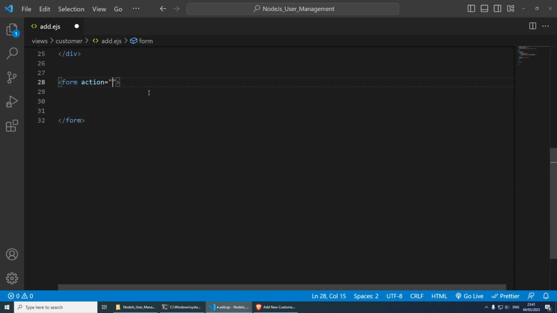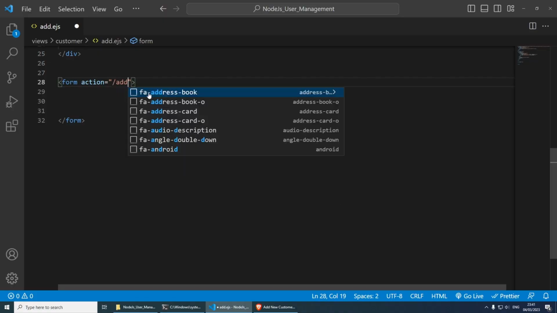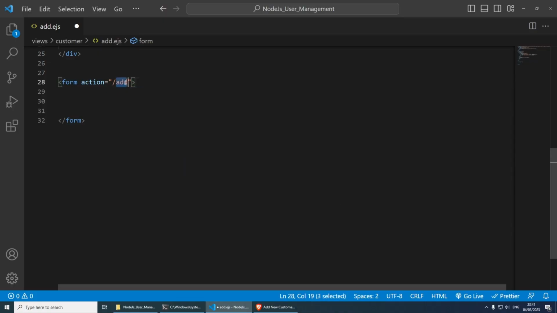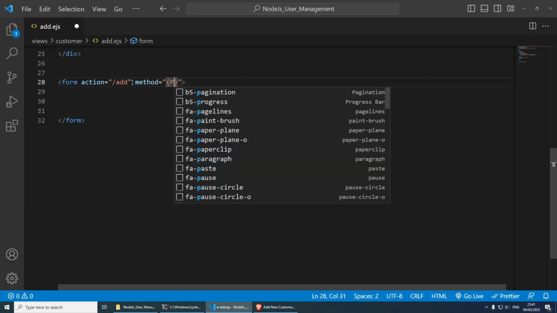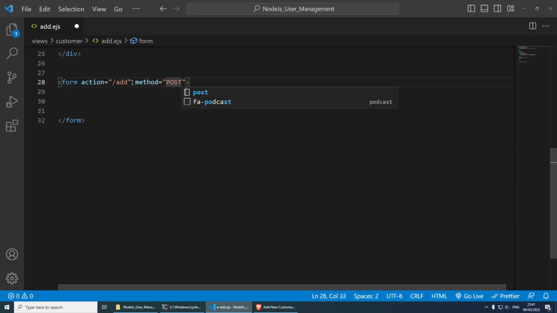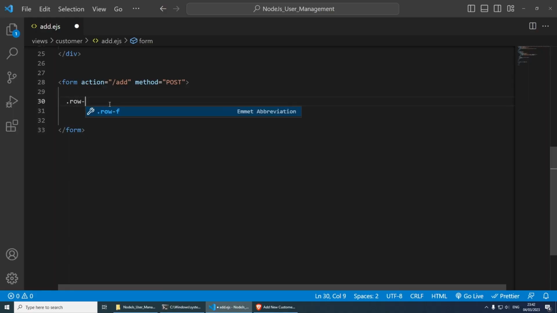And the action, which is very important, is going to be /add. So we want to post data, and I'm going to show you how we can deal with that in a second. And then inside here, we're going to put the method of post. So we're posting data. We're going to have to create a few inputs, but once we've created 2, it's going to get easier. So let's start with creating a div with a class of row, and then form group